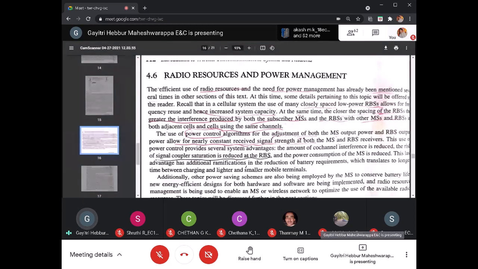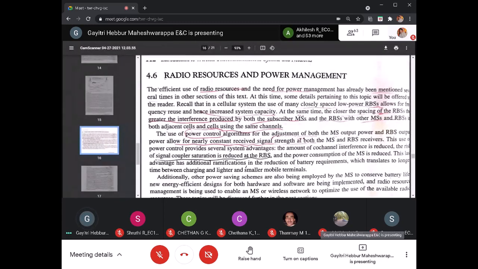Because at larger distances, if it transmits more power, it will affect the nearby cell. That is called co-channel interference or adjacent channel interference, and that has to be reduced. The risk of signal coupler saturation is reduced too. Saturation means more power is transmitted, and that has to be eliminated by maintaining constant output power. And also the power consumption of the MS is reduced,